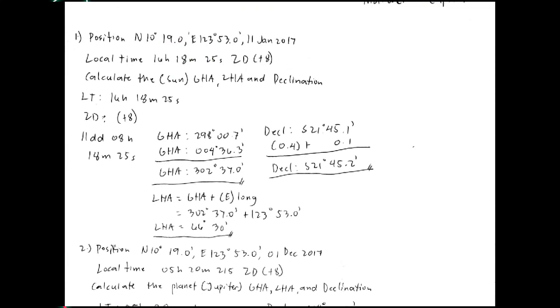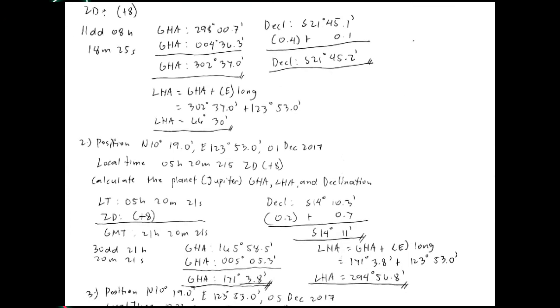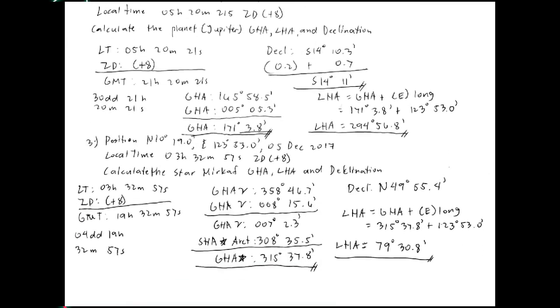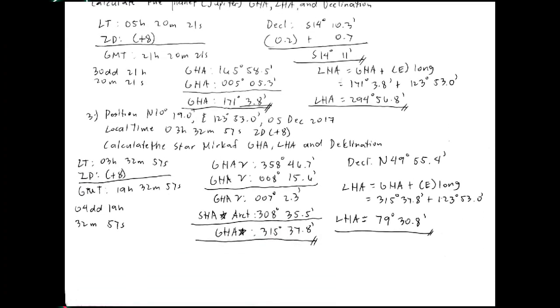For number 2, we have an azimuth of 70.4 degrees southeasterly and a true bearing of 109.6 degrees. And lastly, for number 3, we have an azimuth of 39.2 degrees northwesterly and a true bearing of 320.8 degrees. So now we have calculated the celestial body's azimuth